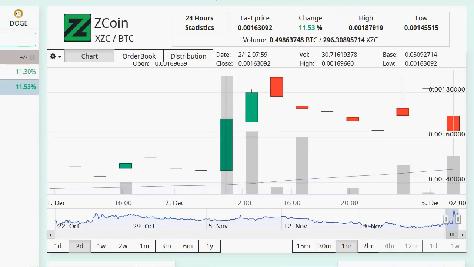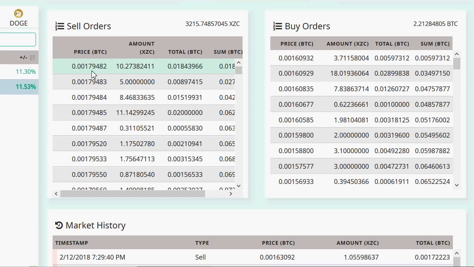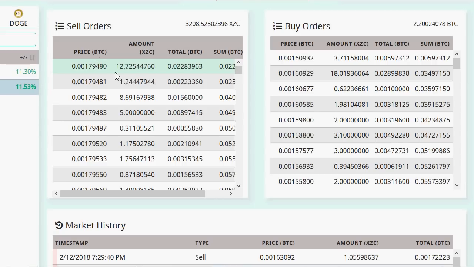Welcome, part 3 now. I want to get some XZC, which would cost like 179 handle, and I'm selling at 160. There's a differential of like 12%. The fair price right now is about $1.63, so it's a ripoff to buy at this price. I'd be more apt to do so on another exchange